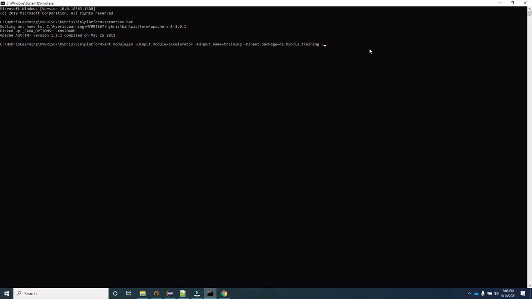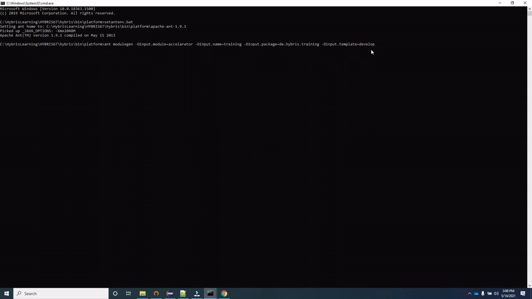After that we will give input.template. Here I am giving develop. We have two options: first is develop, the other one is production. It specifies whether the configuration that we are doing is for the development environment or for production.